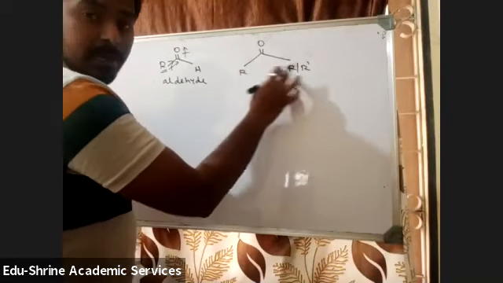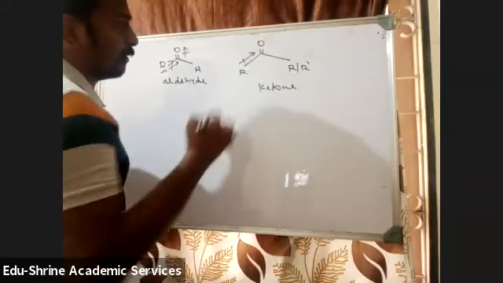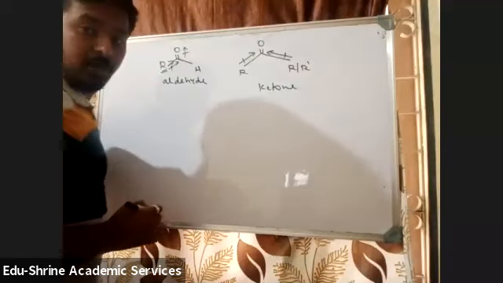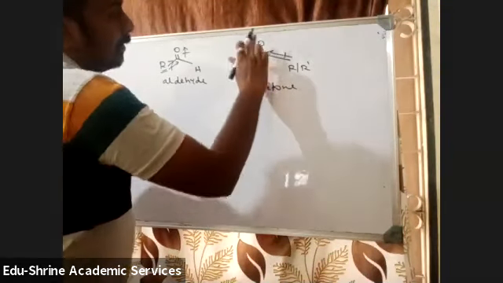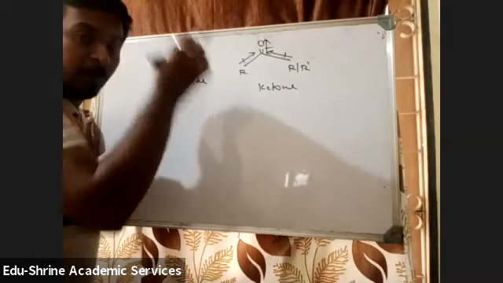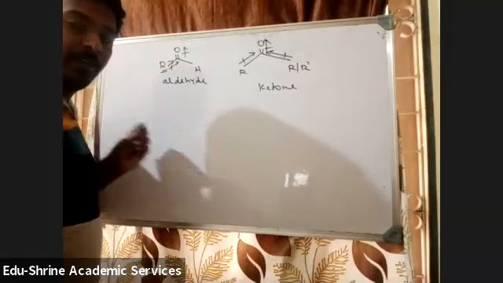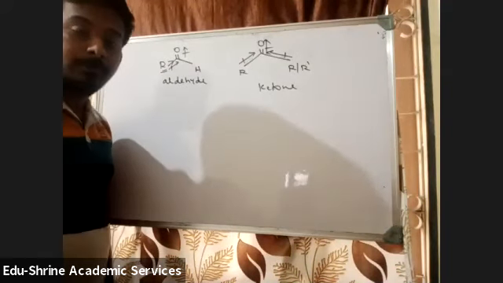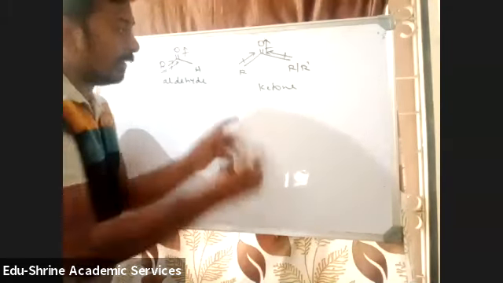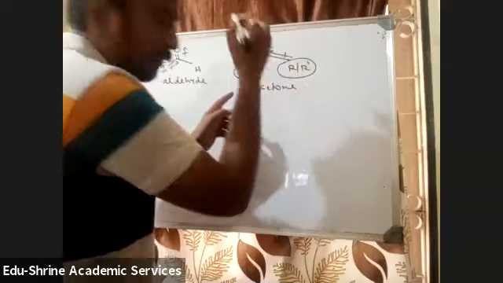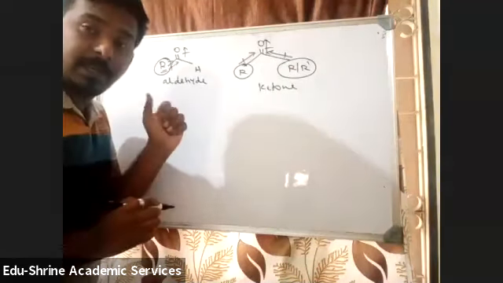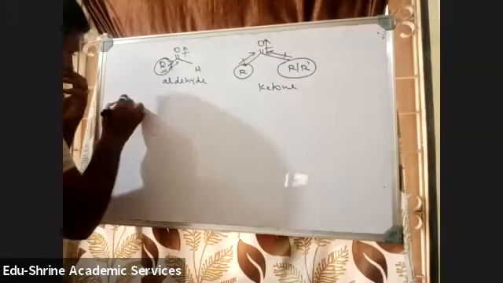Here, there are two alkyl groups. With respect to this bond, electron density will be in this direction because it is an electron donating group. In this bond, the electron density will be in this direction. With this bond, the electron density will be in this direction. Now tell me, where will there be more dipole moment? Aldehydes or ketones? Ketones have higher dipole moment because of two electron donating groups. In aldehyde, there is only one electron donating group. Hydrogen does not offer any electron donating tendency. So very important, students.